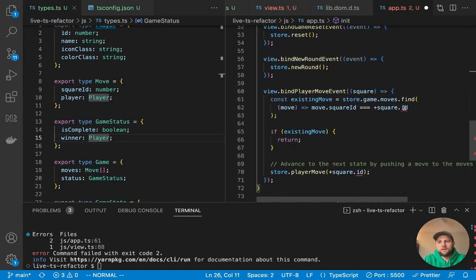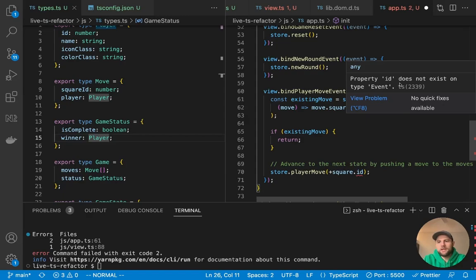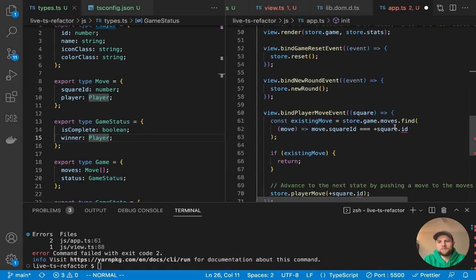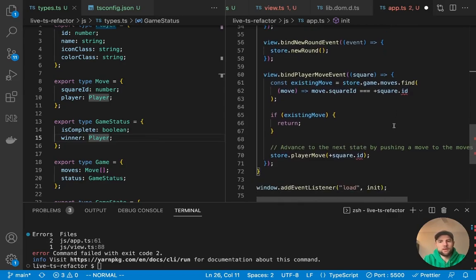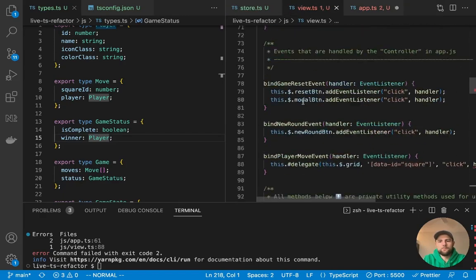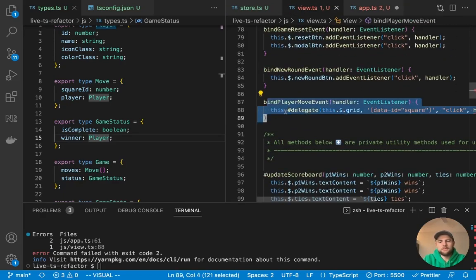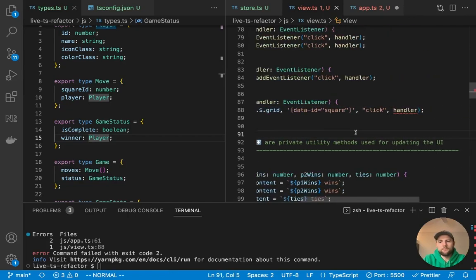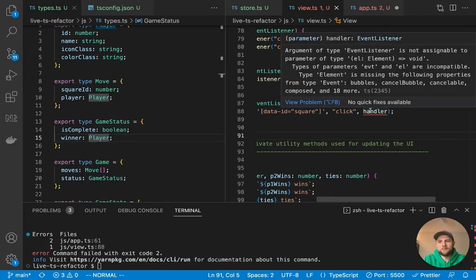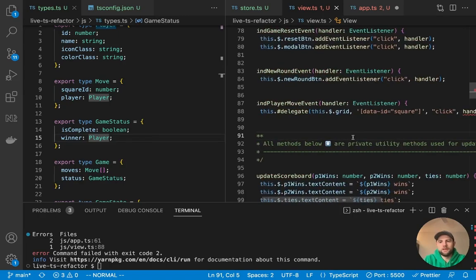Now coming down here, let's see what it says. Property ID does not exist on type event. So this is actually, I think, a mistyping that we had from the bind player move event. Let's go back to the view. And you can see this is where we're using our delegate. And then our handler, we've typed that as an event listener.